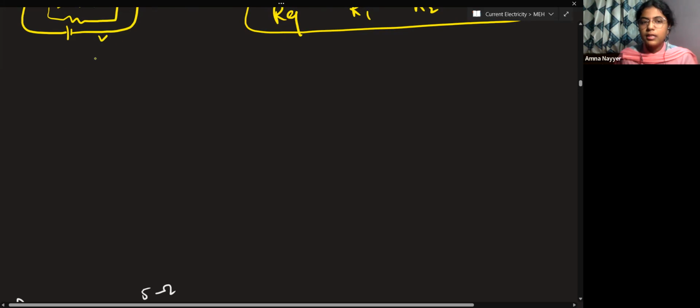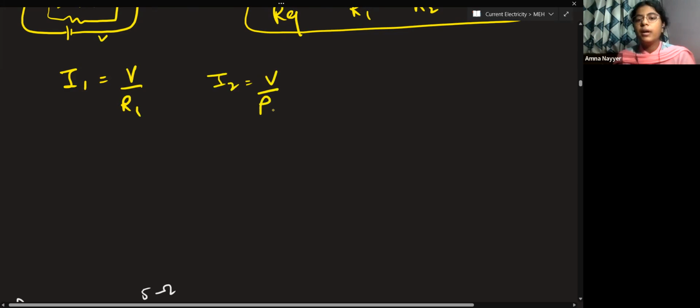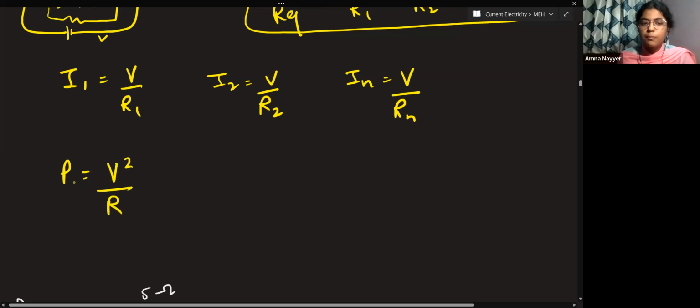Individual voltages will be the same, but individual current will be V divided by R1. I2 will be V divided by R2. Similarly, In will be V divided by Rn. All right, currents will get added up. Or in case of powers, you will use V square divided by R. So for a single power, it will become